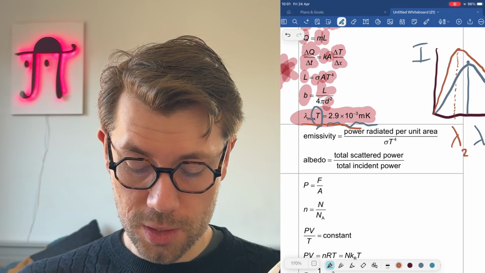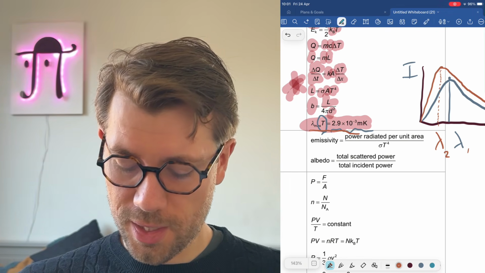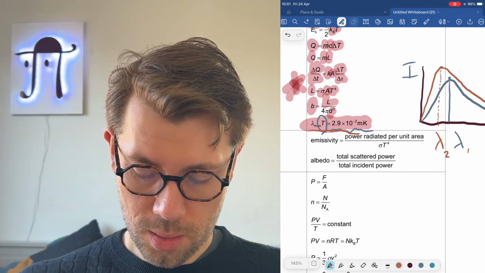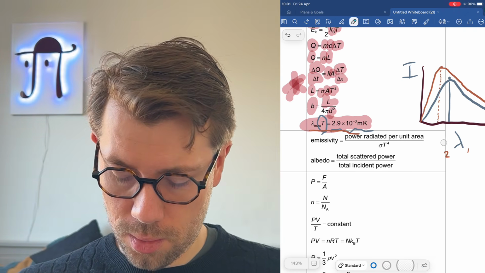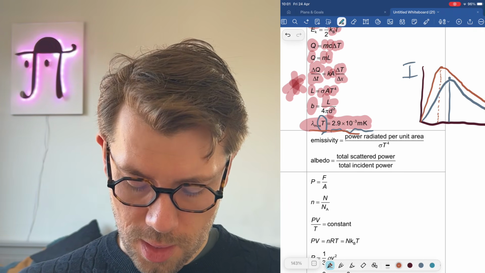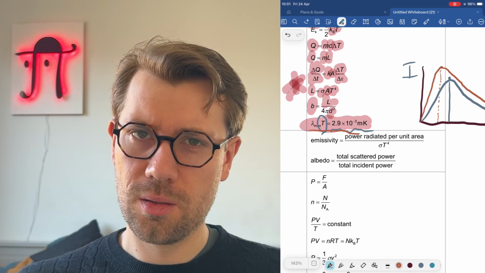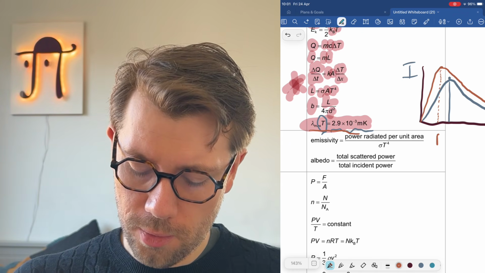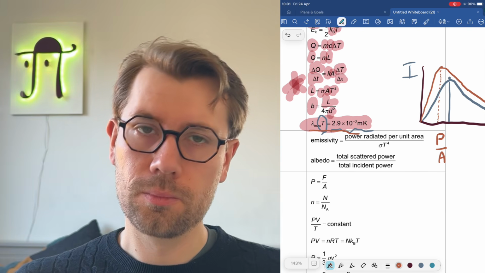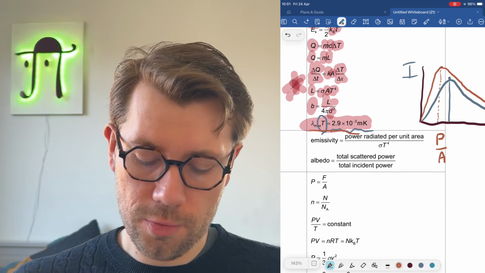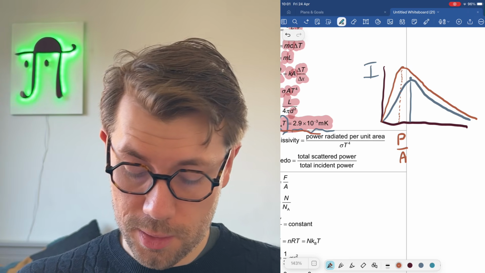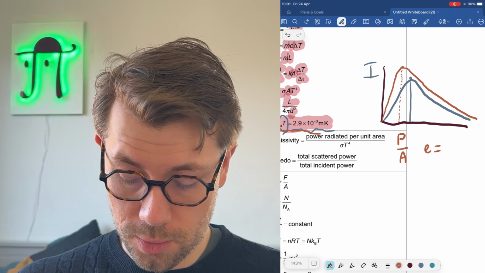So here with this equation, I don't really like the way that it's written, this power emitted per unit area, because I would write power emitted per unit area as symbols. Why not write it like that? And then I could sub that into my formula, and I could say that emissivity is equal to